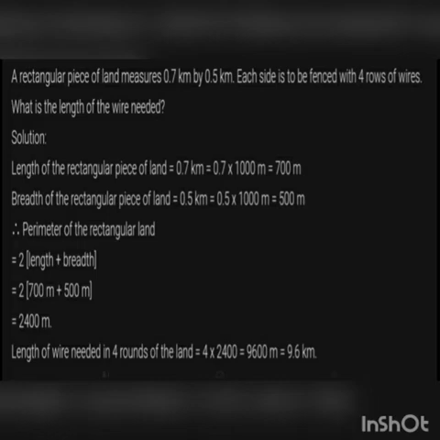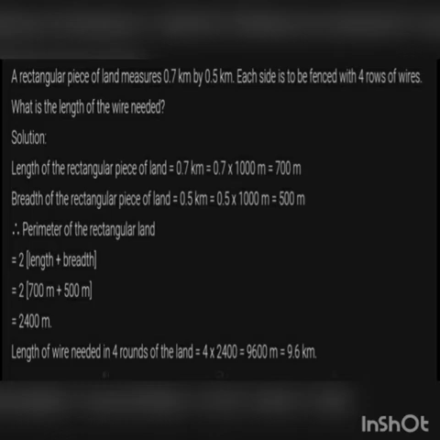Now, perimeter. What is the piece of land here? Rectangular piece. So, what is the question here? Each side to be fenced. That means they are keeping the boundary. Fencing means boundary. And there is one condition, each with 4 rows of wire. Not only one time, they need to be fenced 4 times. So, for finding out how much distance we have to fence, what do we have to find? We have to find the perimeter of this rectangular piece of land. So, first finding the perimeter of the rectangular piece of land.